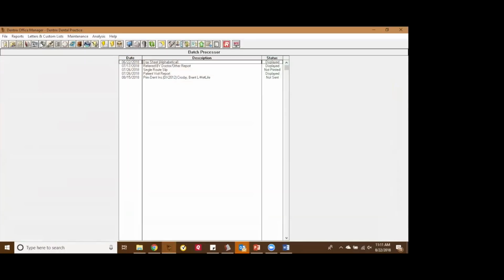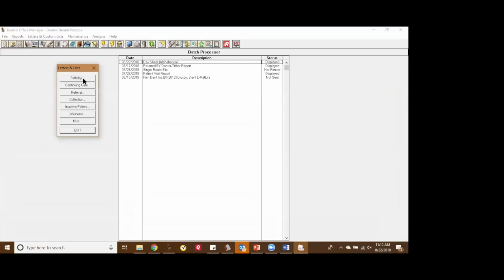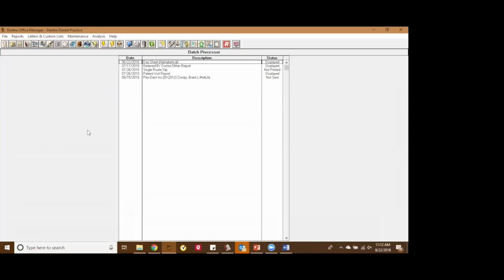And then our letter merge feature is on the Office Manager, and this has even more letters available to it. So you could do birthday letters, continuing care. I know a lot of practices these days are still doing postcards out of their practice, and this is where you would also find the custom postcards. So I think that's the first underutilized feature in Dentrix. Number two on the list is